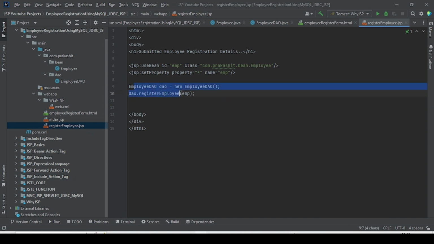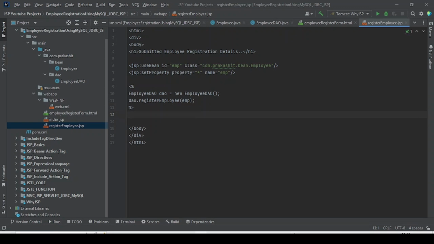This is Java code, right? We are writing it inside the JSP page, so we put it inside the scriptlet tag, and then close the scriptlet tag. Once we have called that, we'll store the result in int status. And once we get the status, we'll check